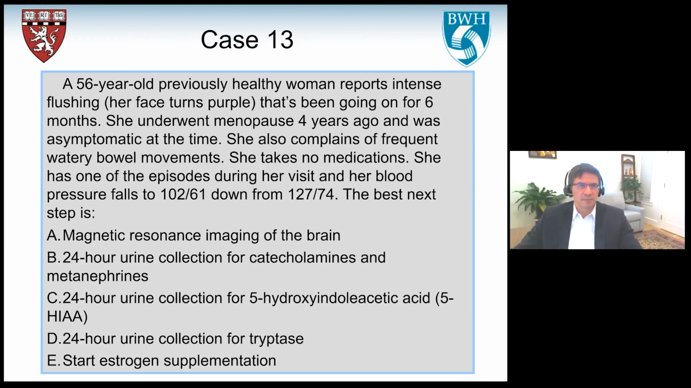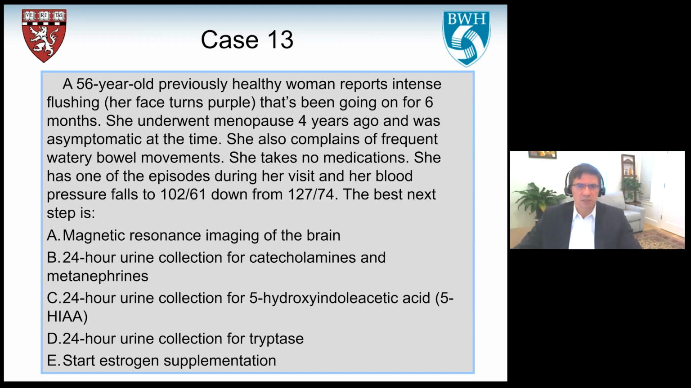Case 13. A 56-year-old previously healthy woman reports intense flushing with her face turning purple. That's been going on for 6 months. She underwent menopause 4 years ago and was asymptomatic at the time. She also complains of frequent watery bowel movements. She takes no medications. She has one of the episodes during her visit, and her blood pressure falls to 102/61,